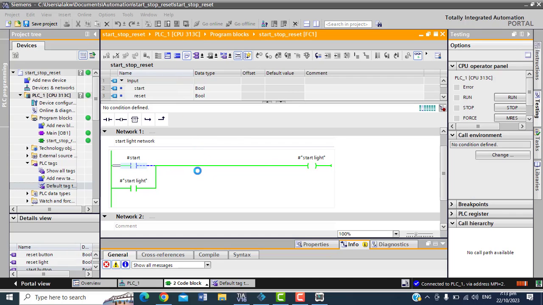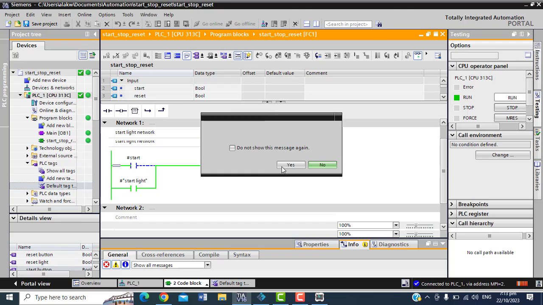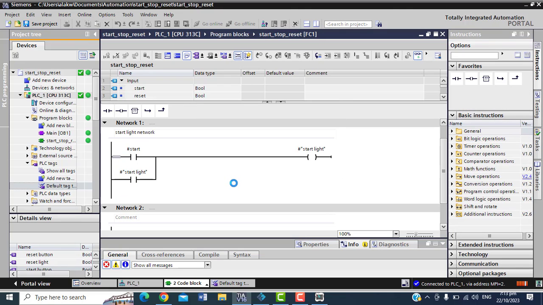So for this one now, I've done the start. The same thing I will do for stop, the same thing I will do for reset, before I start to create interlock so that I will know which one stops which one. Let's first finish those other simple ones, right? So I will stop monitoring this thing. It will ask me whether I want to go offline. If you want to go offline, you can go offline. If you don't want to go offline, you stay online. You will still go online again.